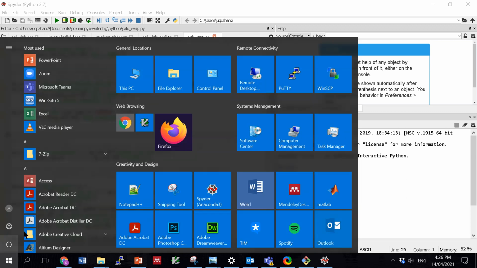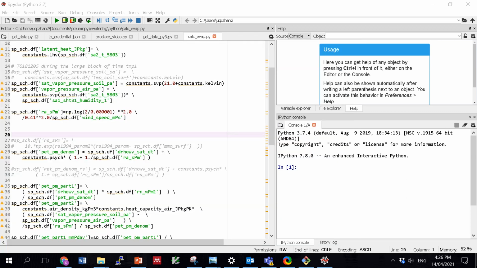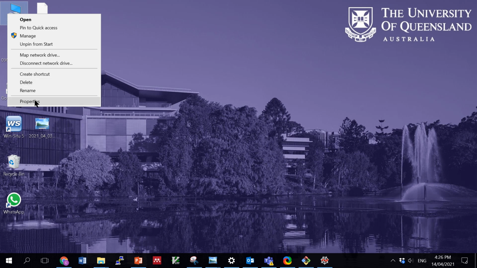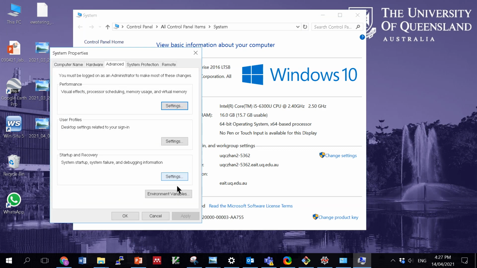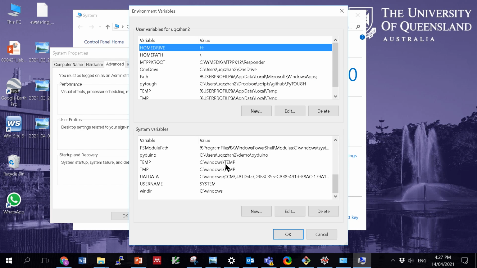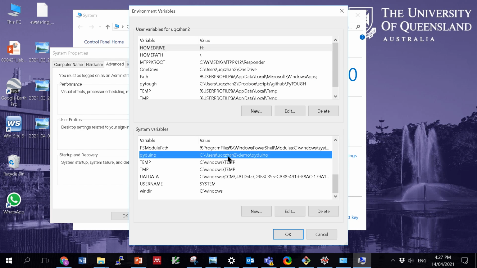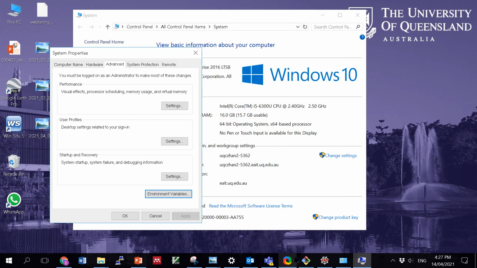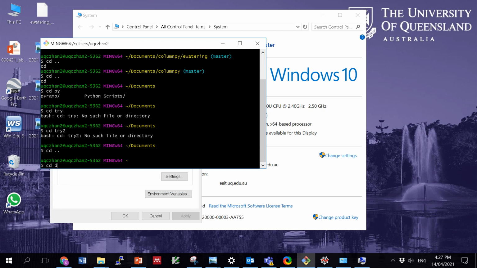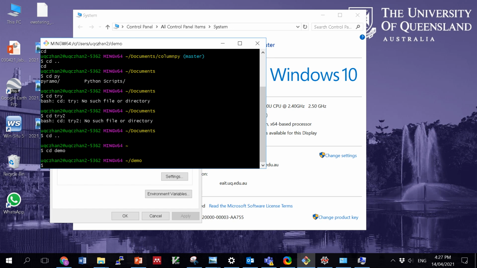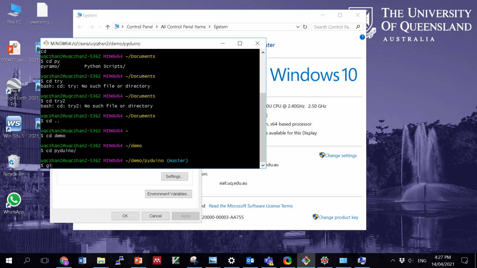So I just need to go to this PC's properties, and then advanced system settings, because I've already put Padrino into the system. If you look at the environment variables, you will see that it uses my name, demo, and Padrino. So that's actually where it is. So then you also need to go to demo and Padrino. Okay, so now I'll do a git pull to update my Padrino